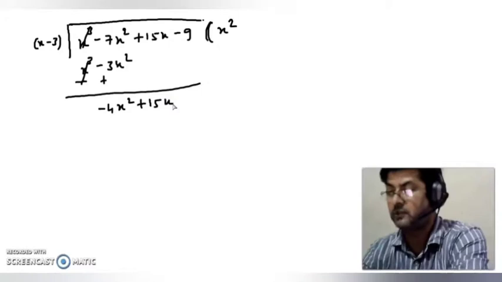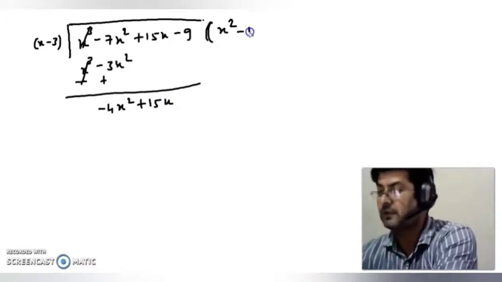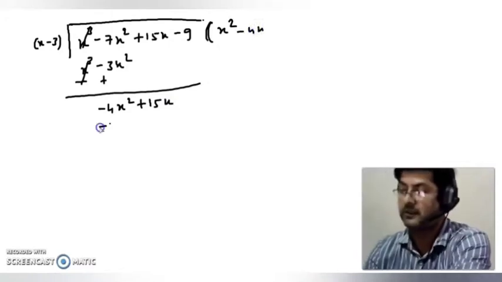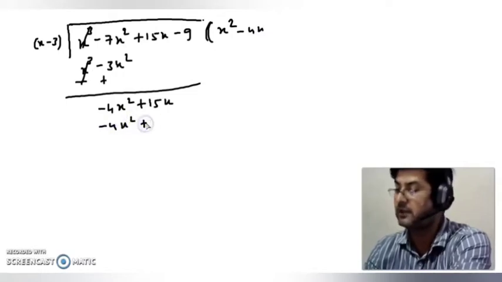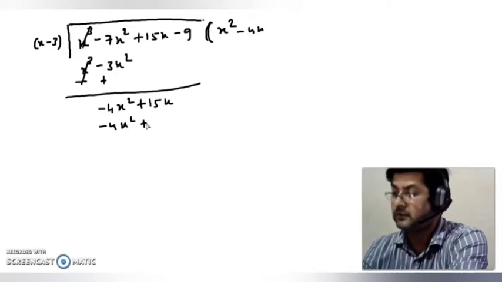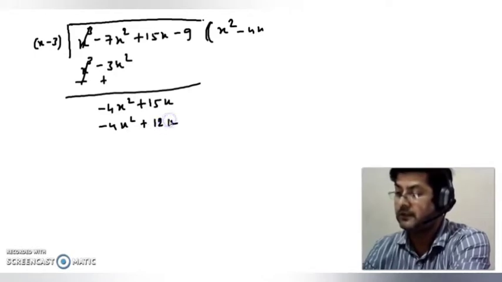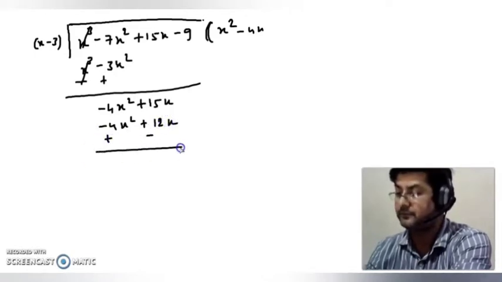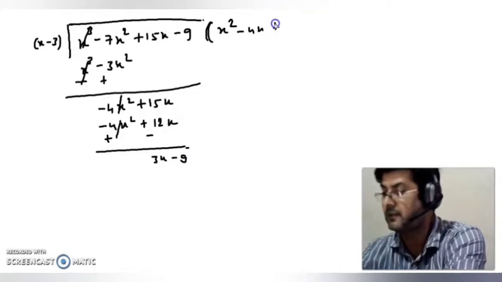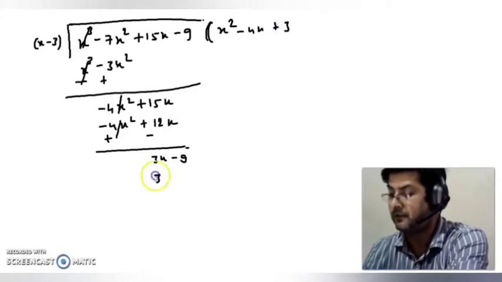So now by minus 4x will multiply, and therefore minus 4x square minus minus plus 12x, change the sign. Okay, so 15 minus 12, 3x minus 9, multiply finally by 3, and therefore we have